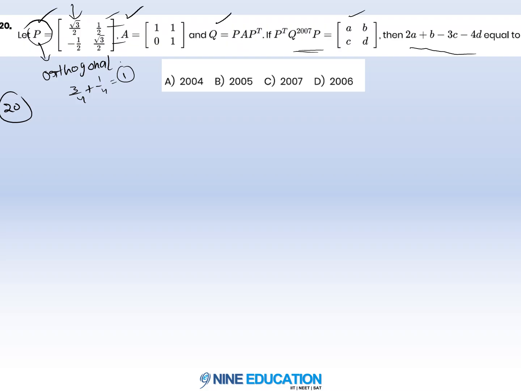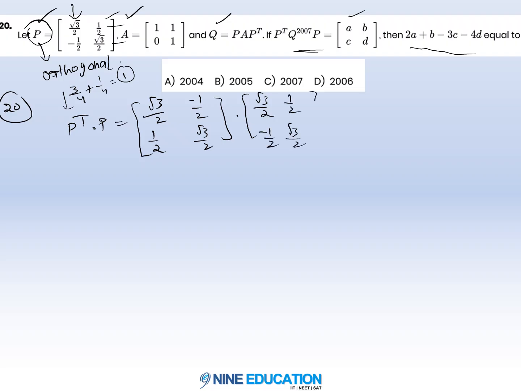Or else we can apply this condition as well. The condition for an orthogonal matrix is P transpose into P should be equal to I. So what is P transpose here? Root 3 by 2, 1 by 2, and here minus 1 by 2, root 3 by 2. Multiply with P, which is root 3 by 2, minus 1 by 2, 1 by 2, root 3 by 2. Multiply row 1 with column 1: root 3 by 2 into root 3 by 2 is 3 by 4